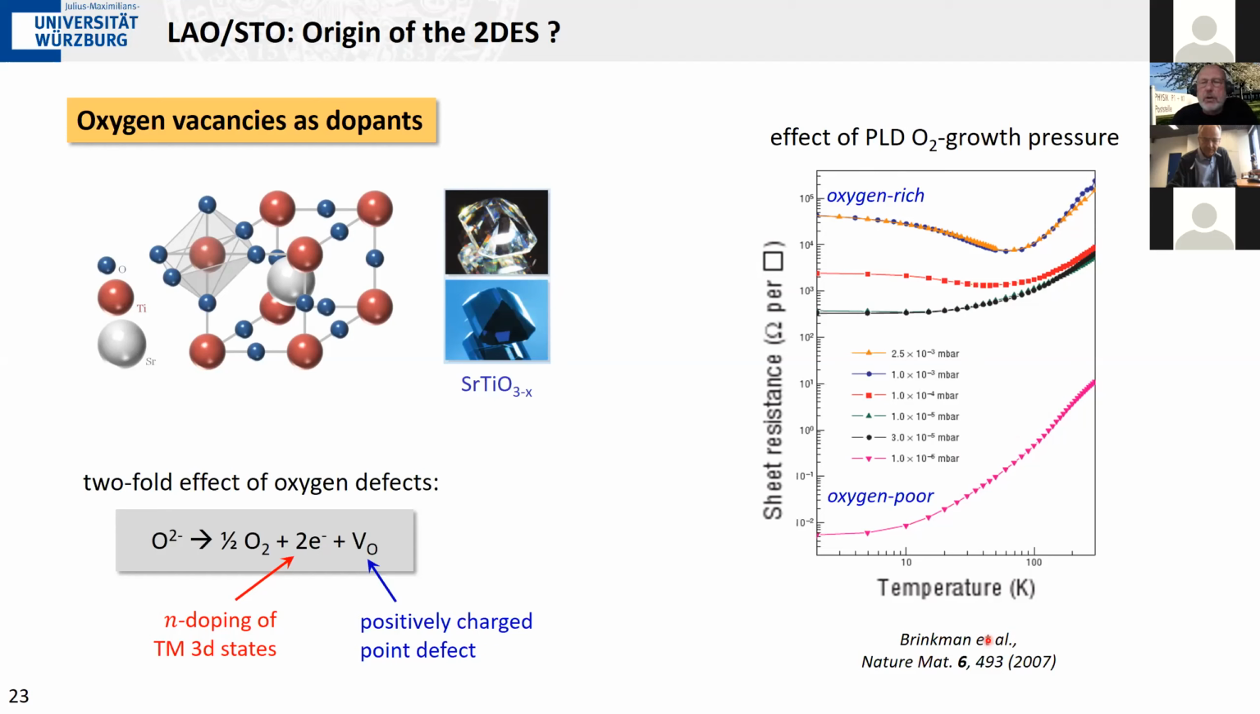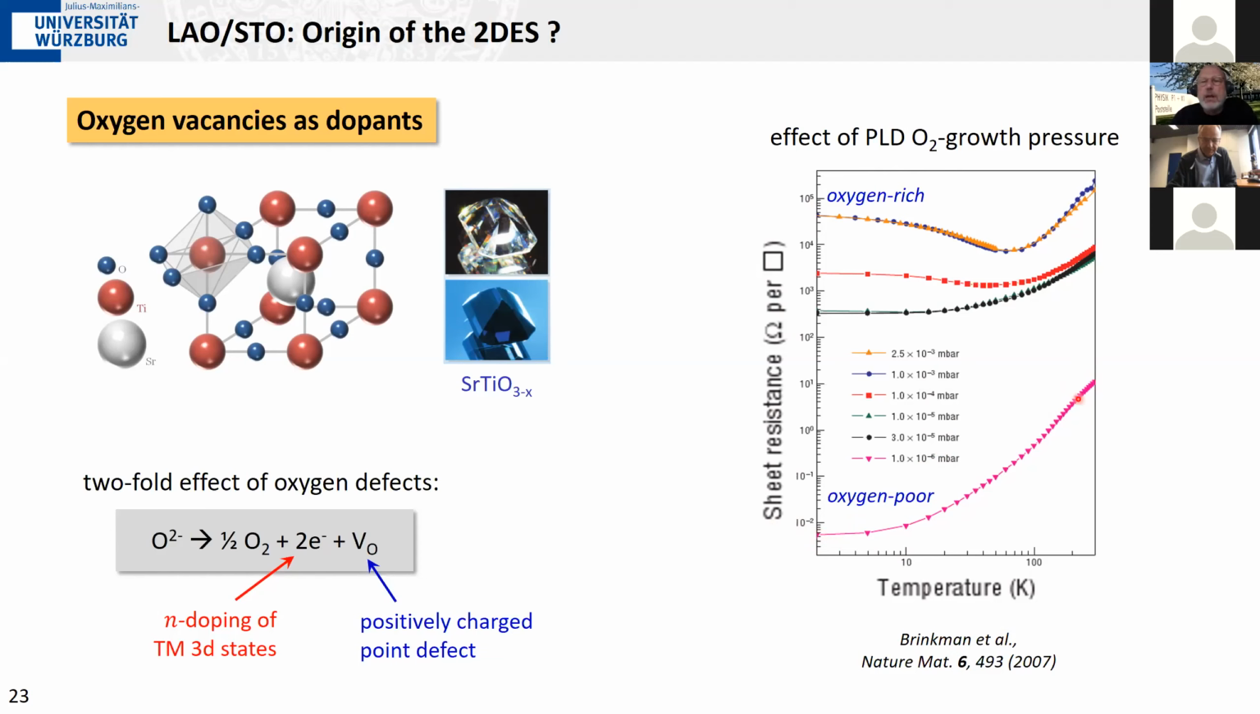This is an early study by Alexander Brinkmann in Twente, where they have grown LAO-STO under various oxygen pressures during PLD growth. This is going from low oxygen pressure to high oxygen pressure, and low oxygen pressure means there is not enough oxygen available, so the LAO-STO will grow oxygen poor, and then you get this highly conducting. This is the resistance shown here. So lower resistance means a strong conductivity, highly conducting situation due to the oxygen vacancies in the system that dope